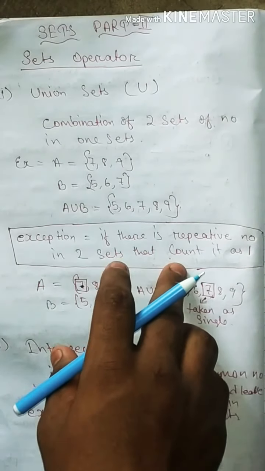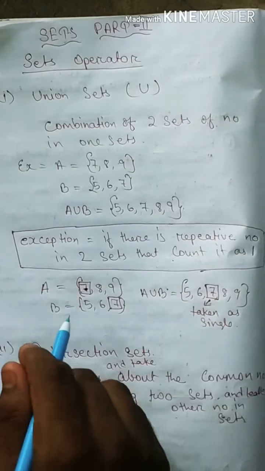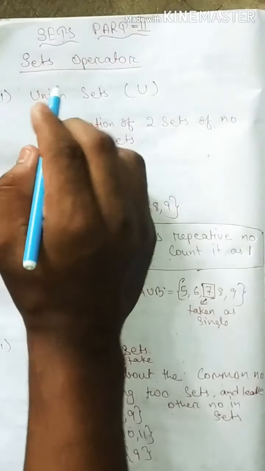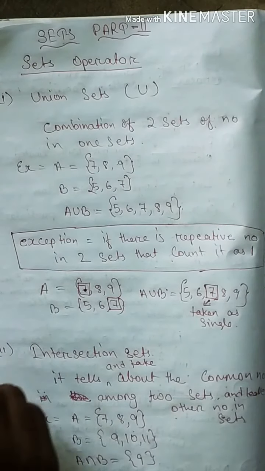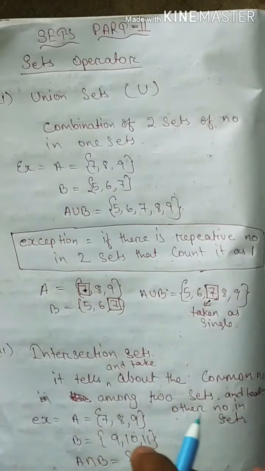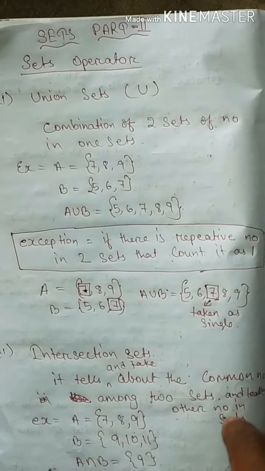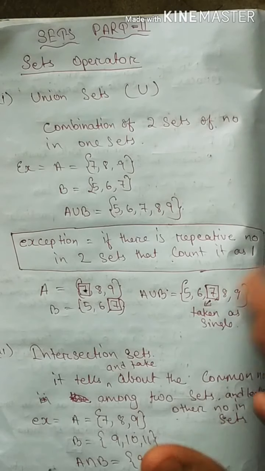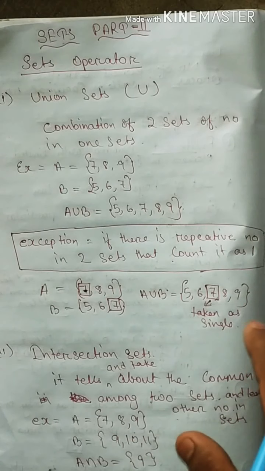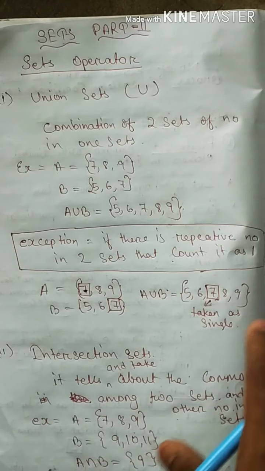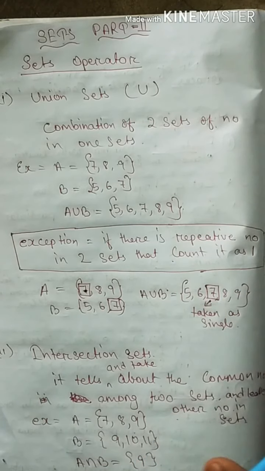Before, we studied about sets part 1. Now we will read about sets part 2. In part 2 we will read about set operators and some diagrams. What is a set operator? Any symbol that we use in sets is known as a set operator. Operator means plus, minus, anything which is used as a symbol, but for sets it is different.